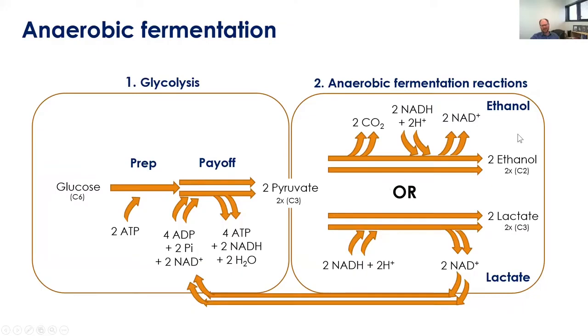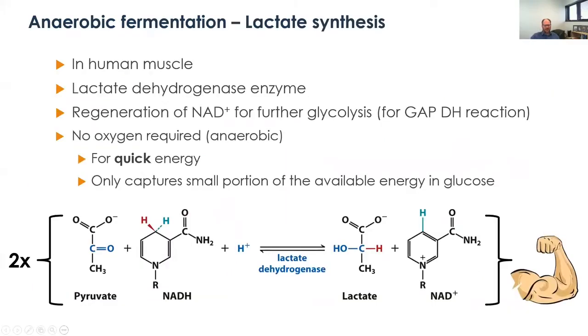And so both of these things have the same net effect, where we have a way of dumping these reduced electrons in the form of NADH onto our final product of glycolysis, pyruvate, ultimately making either lactate or ethanol through these 2 steps. So we'll just walk through those reactions here quickly. In the case of anaerobic fermentation to lactate synthesis, this happens in human muscles. This is what you feel when you're sprinting or when you're lifting weights or you're doing any kind of really intense exercise. The burn that you feel is from this anaerobic fermentation of glucose